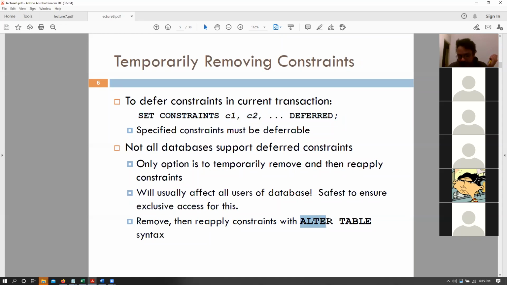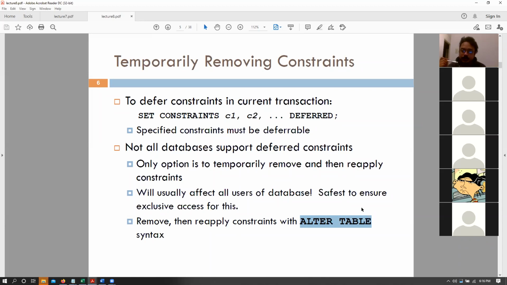And for that, we have not talked about alter table yet, but essentially we will talk about it. If we want to change the schema of a table, we want to be able to defer the constraints. So for example, let's say that we are porting an entire table into another table, maybe adding some more constraints to it, or removing some old constraints from that table and then reorienting that table, or adding new attributes to it, right?